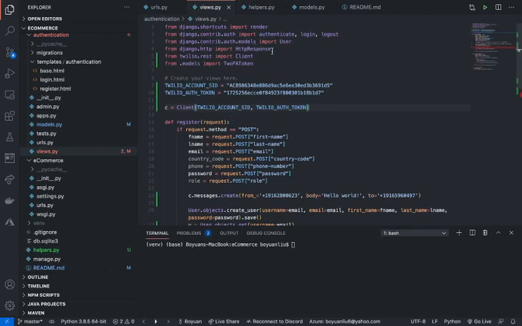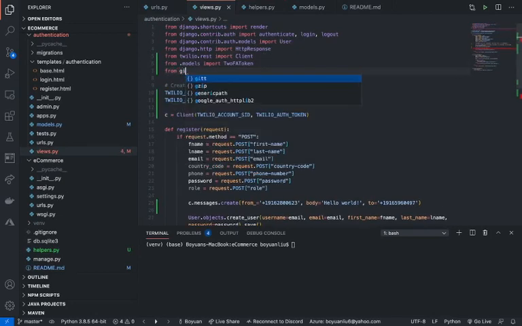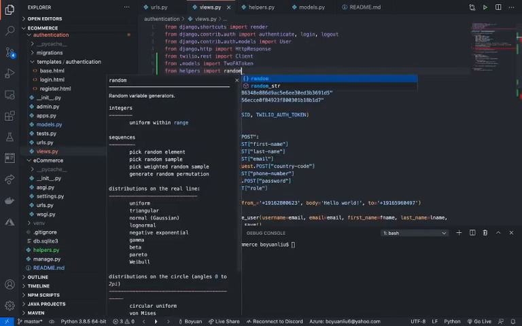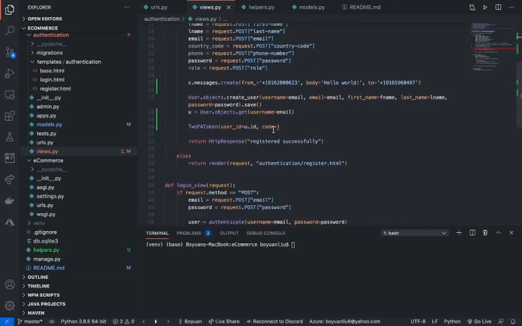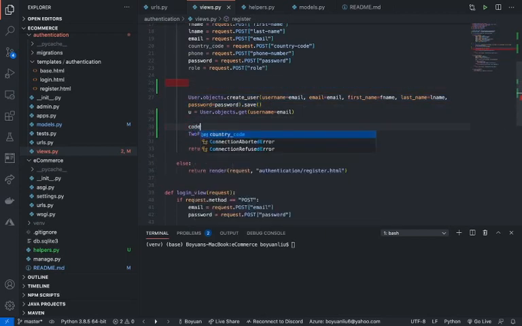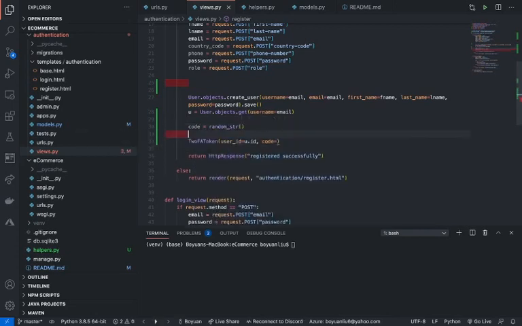looks good. Let's see. Here it says from helpers import random_str, and in here I can say code is random_str. And here I can just say 2FA code, and code equals code. Phone number is going to equal to